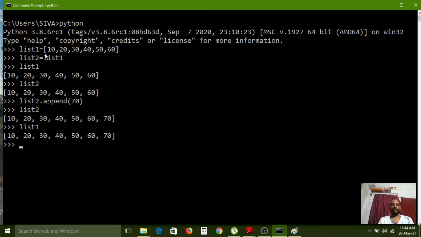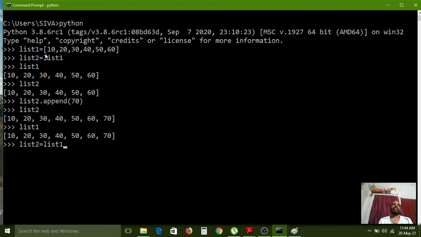If you give list2 equal to list1, this means it is creating a clone. The same list1 values we are giving to list2. Instead of giving square brackets with values, we are giving the already existing values by assigning the name of list1.